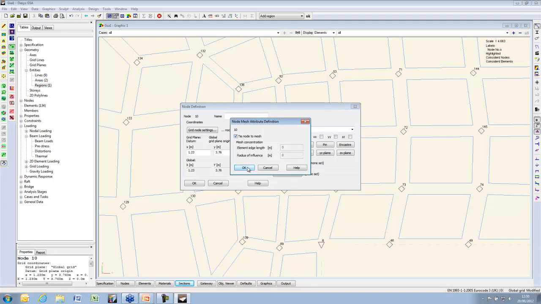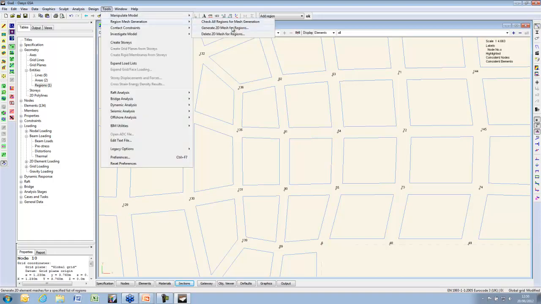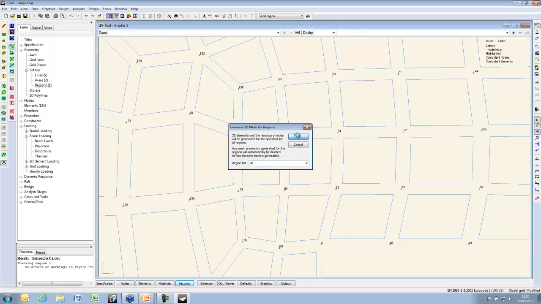What this will do is create a tied interface between that node and the closest mesh elements, such that the node remains in the same place on the face of those 2D elements, so you can apply loads to it, but the mesh doesn't have to tie in like this. So if I just regenerate that mesh,